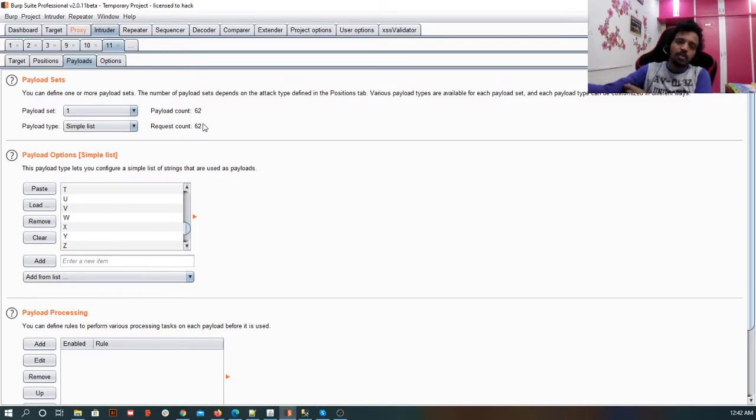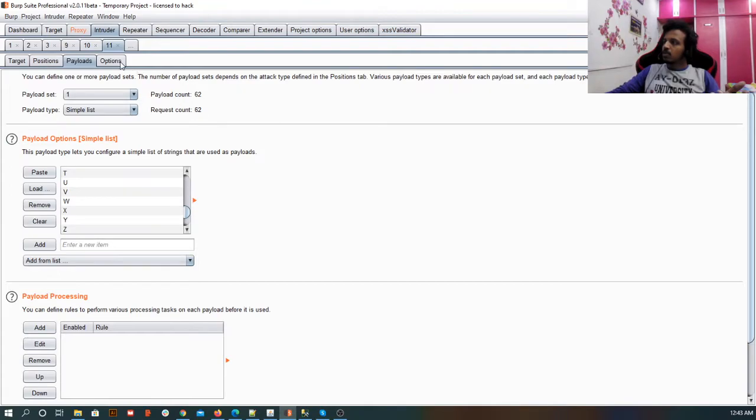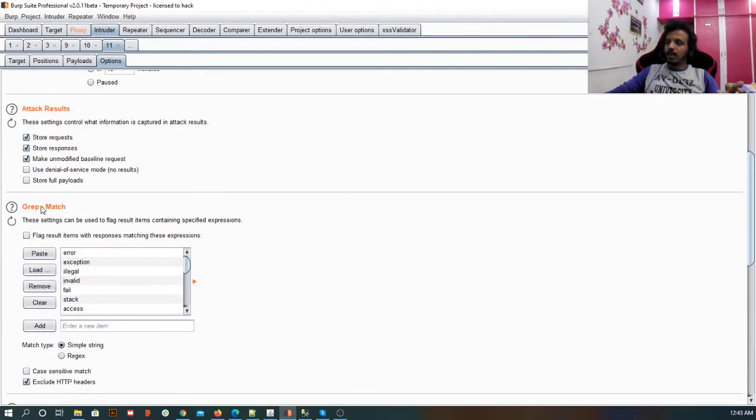Yes. So you have seen previously we considered that the length of the response was different, but now there are too many payloads. Of course I can filter them as well, but there are other ways of doing that. So I'm going to go to options, and I'm going to go for grep match. If you are familiar with the grep command or some programming languages where you use grep, I have tried this grep in Linux. I have never used grep anywhere else. What grep does, as per my knowledge, is that we tell it, okay, if this is the pattern, that is what you have to fetch from the whole lot of content. So it's like pattern matching or pattern fetching.